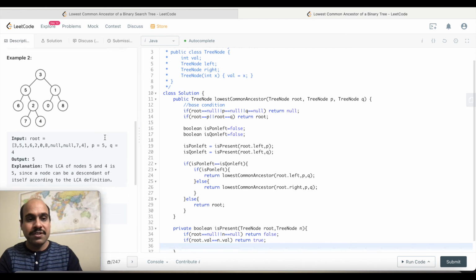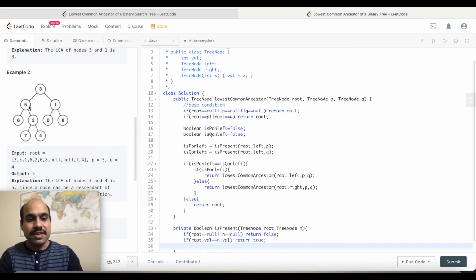So for example, let me come to this example. If I am trying to find out where 2 is with respect to this root node, as part of this function call I am passing the tree from 5. So all the subtree below 5 is passed to this function, as well as p. So p is 2.